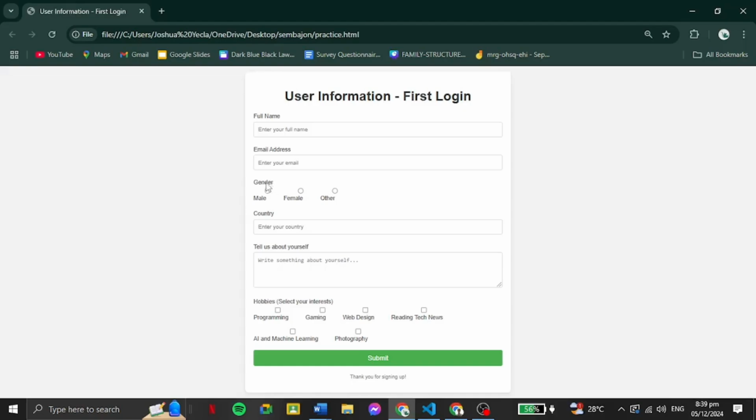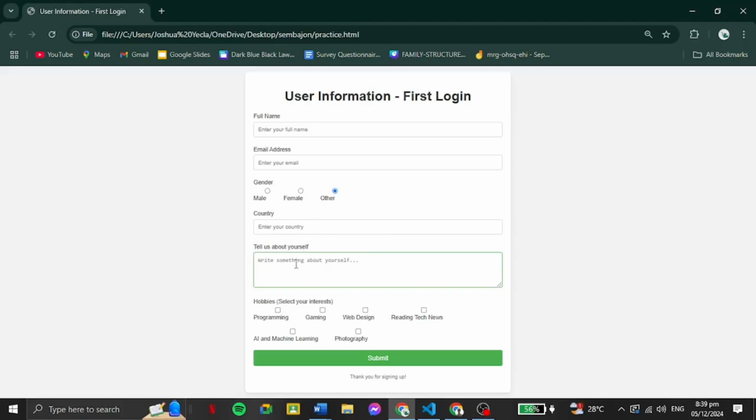So for the next one is the gender. In this gender section, I used the radio buttons. This control is ideal since it always allows only one option to be selected, ensuring that the choice is clear and fast. It also makes the form organized and prevents errors, as the user cannot select more than one option. So for example like this, they cannot choose any other buttons, just only one. So that is the purpose of the radio buttons.